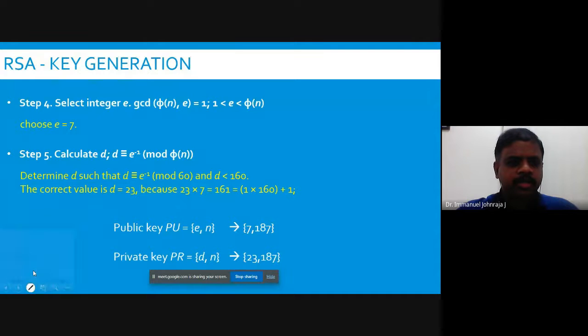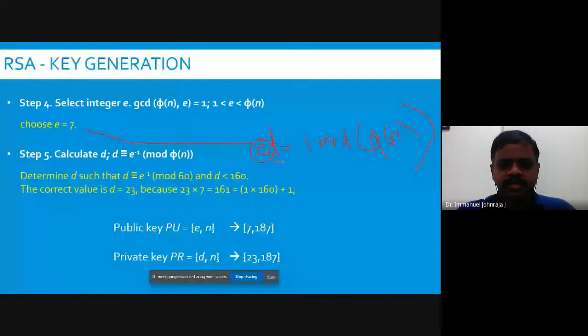Okay. Now E is available as 7. I forgot to connect my writing pad. Probably I'll write like this. So E and D should be equal to 1. Please bear with my handwriting. I'm using the mouse to do that. Mod phi of n. Okay, so ED is equal to 1 mod phi of n. Very simple, sir. E is chosen already. It is 7.